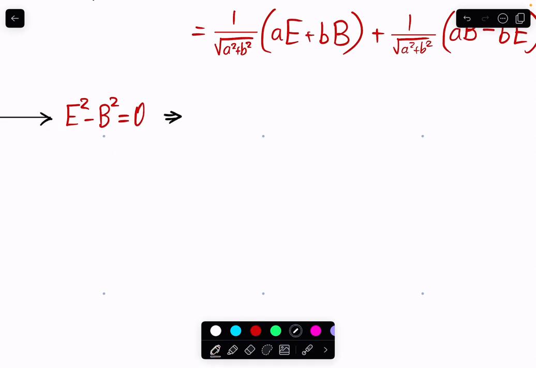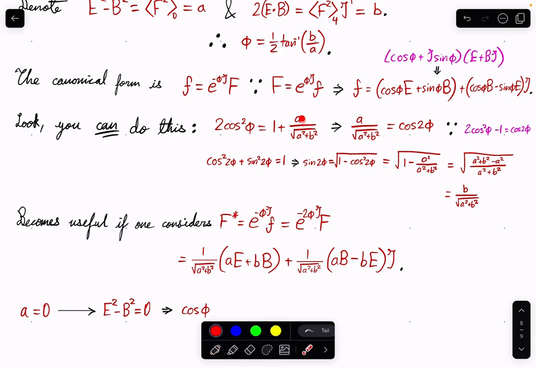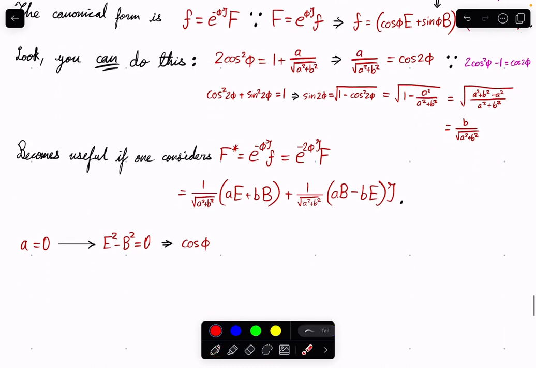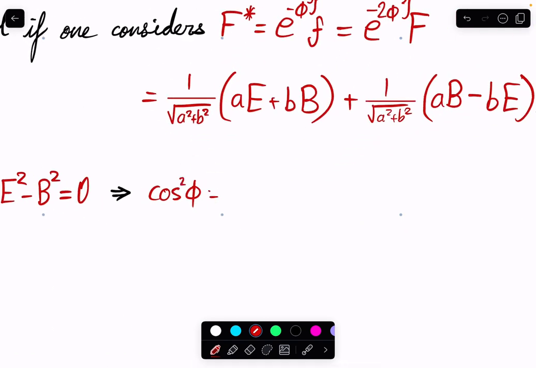So then this would imply that your cosine of phi, which comes from up here, because cosine phi is equal to the square root of 1 over 2 times 1 plus a over square root of a squared plus b squared,